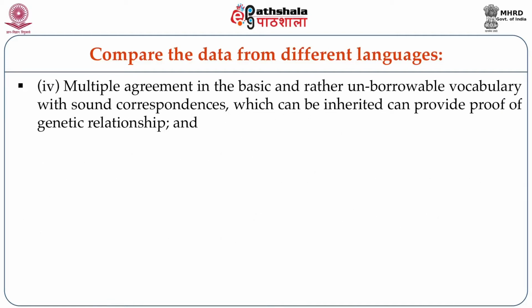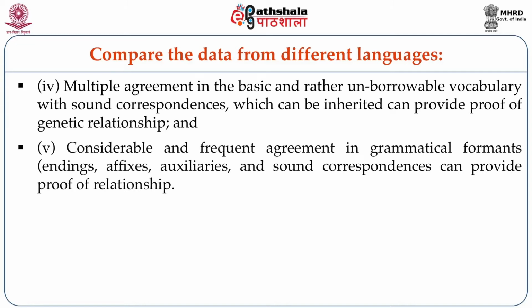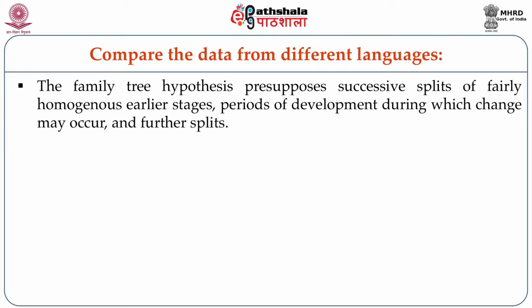4. Multiple agreement in the basic and rather unborrowable vocabulary with sound correspondences which can be inherited can provide proof of genetic relationship. And last, considerable and frequent agreement in grammatical formats like endings, affixes, auxiliaries, and sound correspondences can provide proof of relationship. The family tree hypothesis presupposes successive splits of fairly homogeneous earlier stages, periods of development during